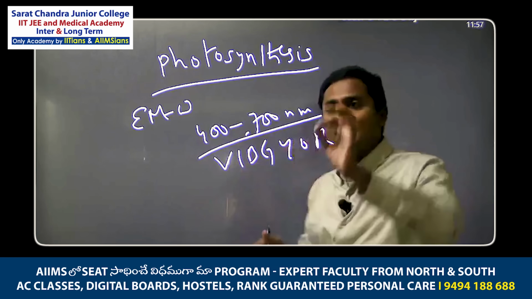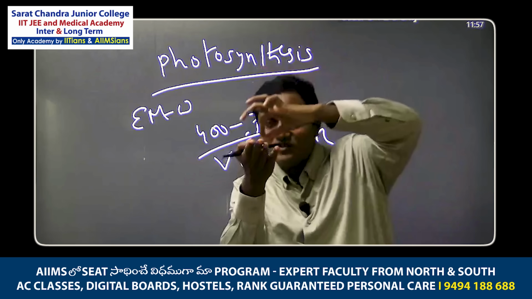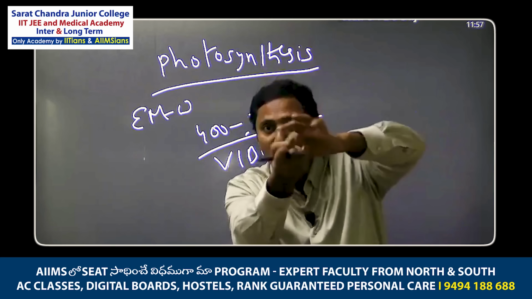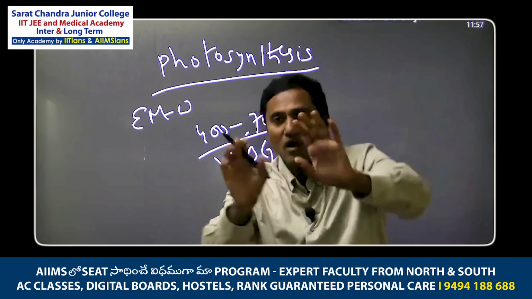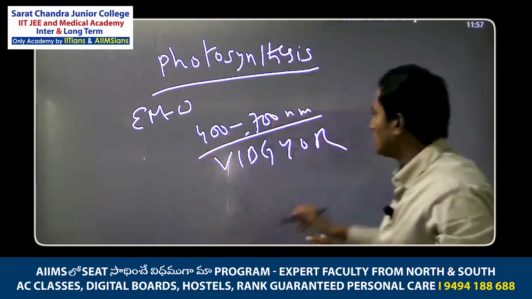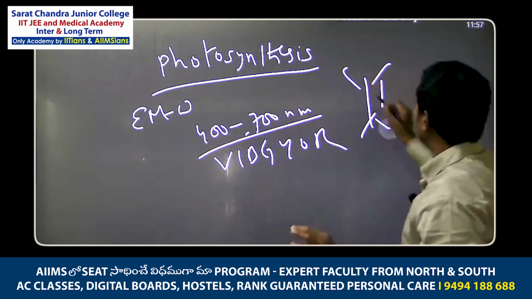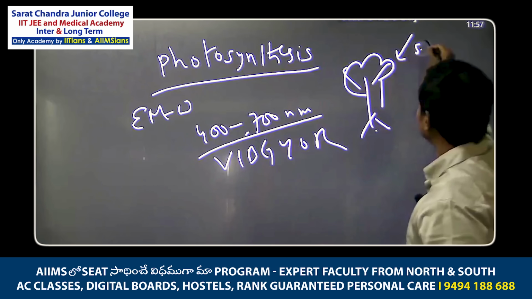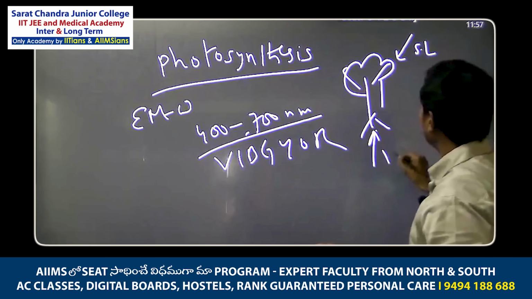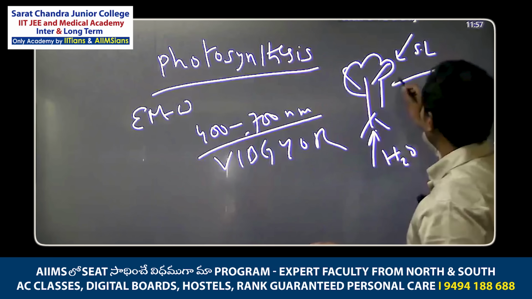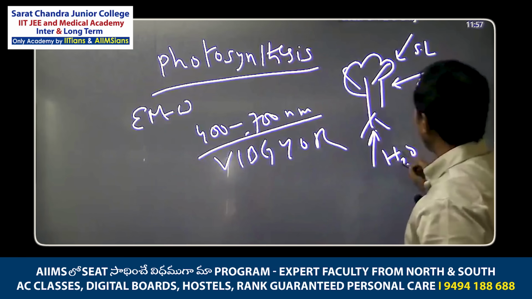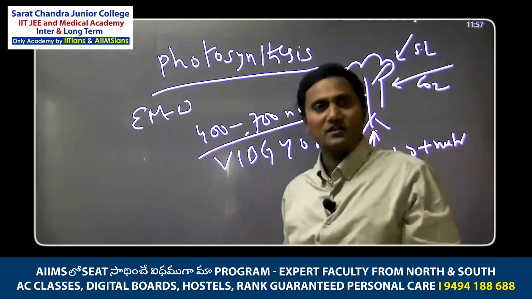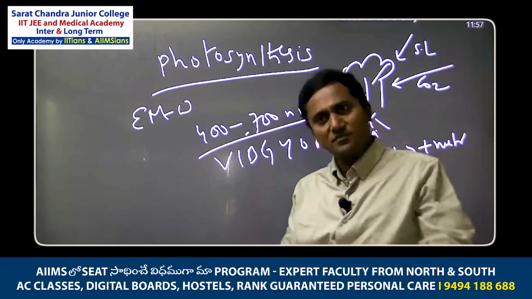Actually, photosynthesis means that sun rays should fall on the plant and the chloroplast should be able to make use of them. Understand? What is photosynthesis? It is a plant taking sunlight, water, and carbon dioxide from the atmosphere. Water means there will be nutrients also. It will not take fresh, pure water. Water has many nutrients like phosphate and sulfur, okay?